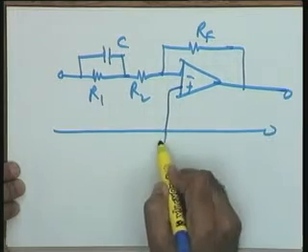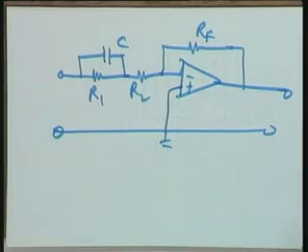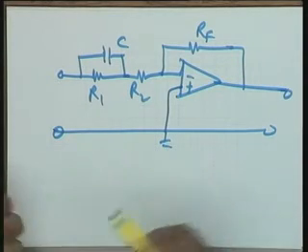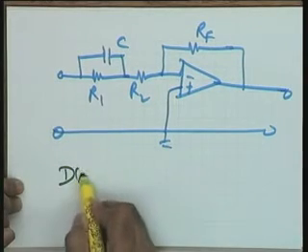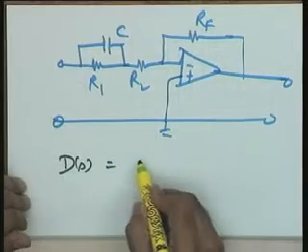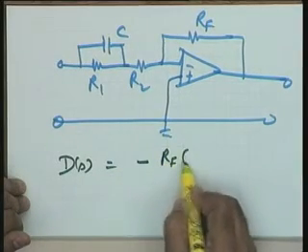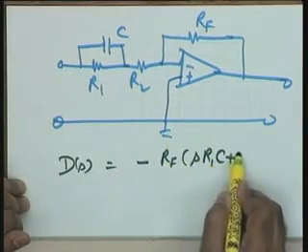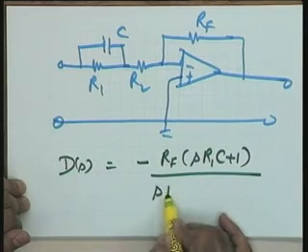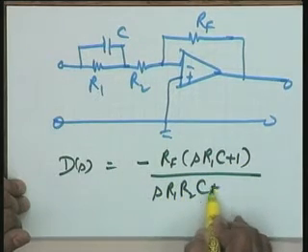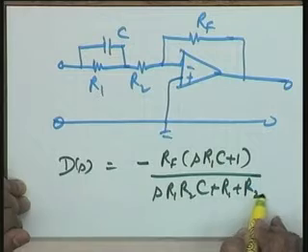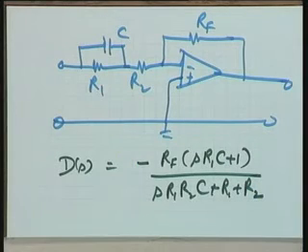Please see this. This transfer function of this will turn out to be the transfer function of lead network which I have given. I give you the transfer function since it is available in my notes. Ds is equal to minus Rf times S R1C plus 1 divided by S R1 R2C plus R1 plus R2. You find that it is nothing but S plus ZC over S plus PC by suitable design of the parameters R1, R2, C and Rf.